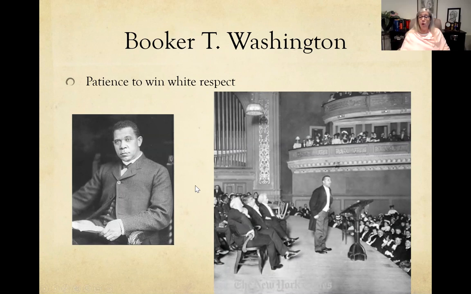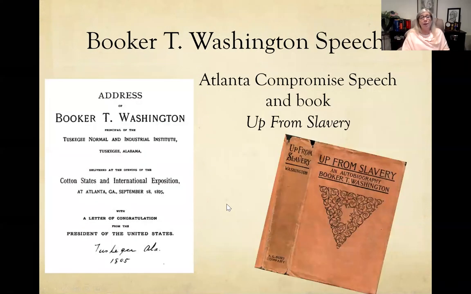He also is the one who speaks at the Cotton States Exposition in Atlanta, and this is known as the Atlanta Compromise speech. So 1895, and we're going to read a portion of this in class as well. So he is coming from Tuskegee to speak at the Cotton States Exposition, huge audience, and he's going to be talking about this idea of